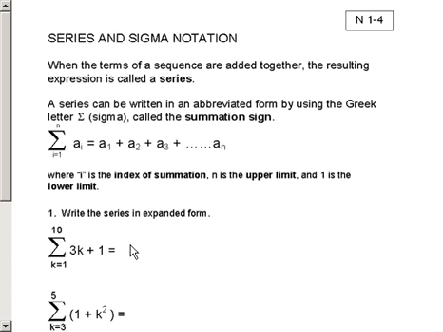All right, N1-4. So today we're starting series, and a series is just a sequence, but with everything added up. See these? So you're just adding all the terms, and so now it's a series instead of a sequence. And there's this fancy-looking sigma, that's what it's called, and it just means add up all the terms from 1,